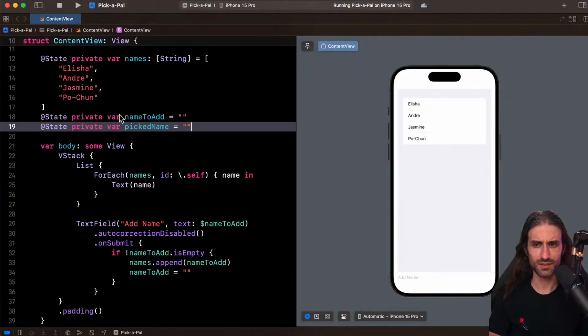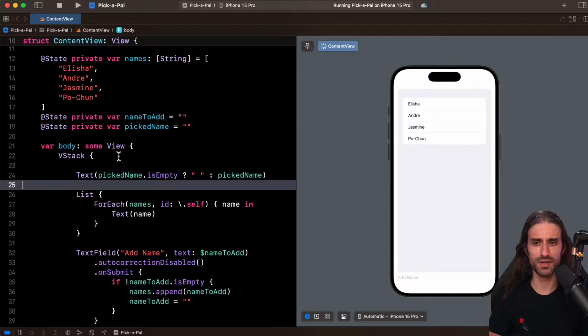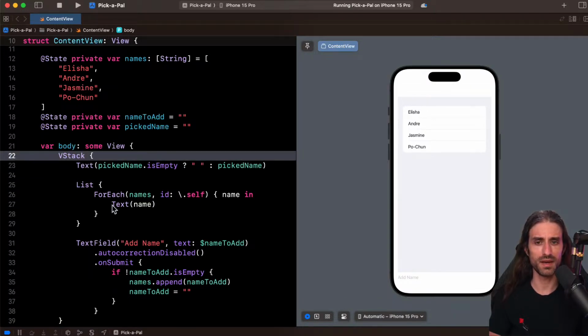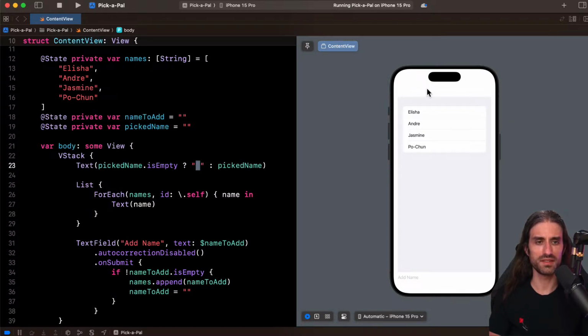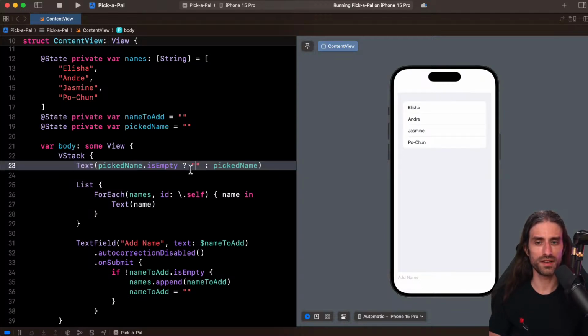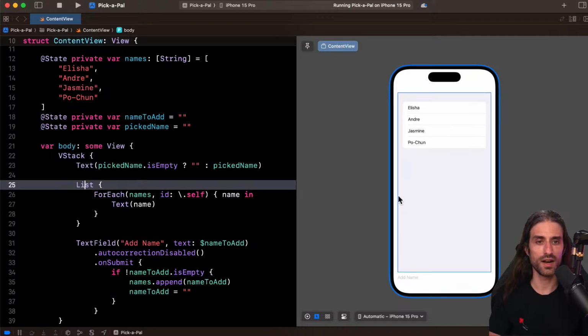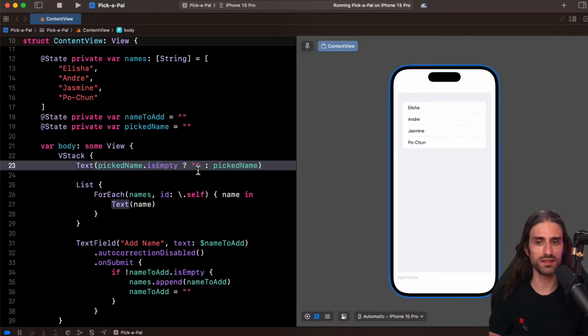Okay, so I need to add this above the list, so we can see the empty space. Actually, the empty space is here above the list. I was pointing at the wrong place. And you can see that if I remove the white space and only give the empty string, then the text occupies no space on the screen. You can see it because if I click on text, nothing appears, unlike when I click on list, for instance. But if I put the space back, then you can see that it's displayed here.